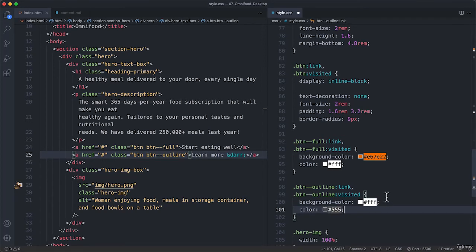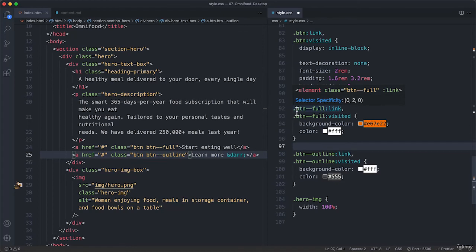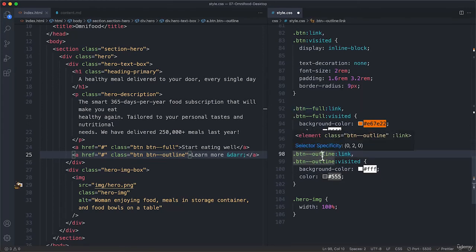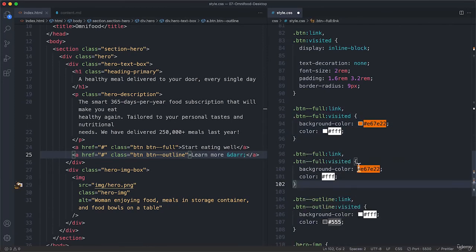And now let's actually worry about our hover states here. So this button here, when we hover it, we want to make it a little bit darker. And this other outline button here, we can actually give it the same background color as the rest of the section when it's hovered. Okay, so let's just copy this here. And so here, let's say hover